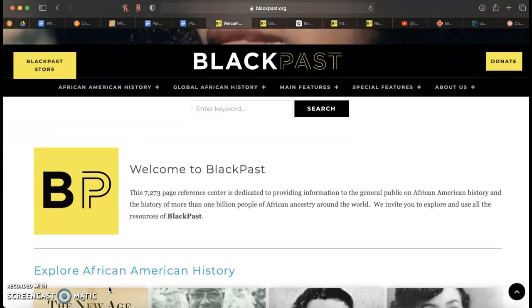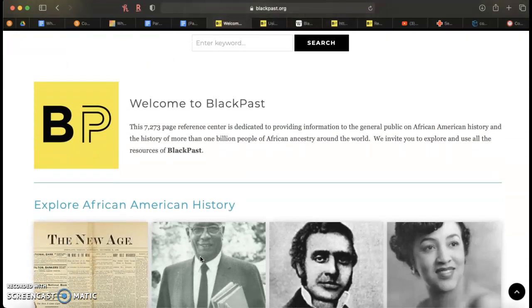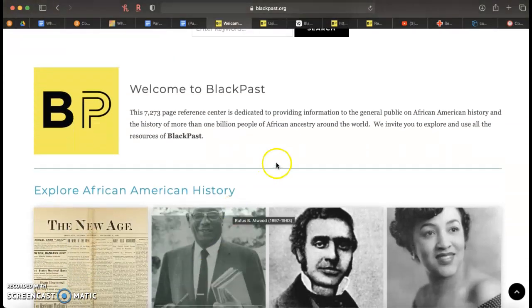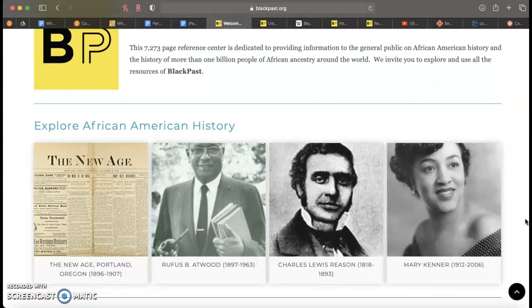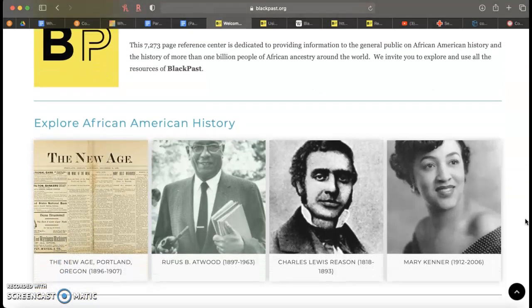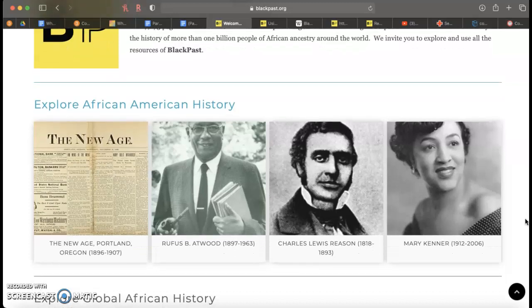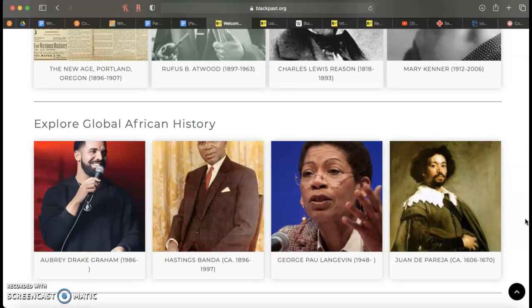And on here, BlackPast is mainly used as an encyclopedia-type online center that is centered around African American history as well as global African history. And so here on the main page, if you scroll down, it gives you a quick few-sentence summary about what BlackPast is, and it has more of the recent entries that were written for African American history, global